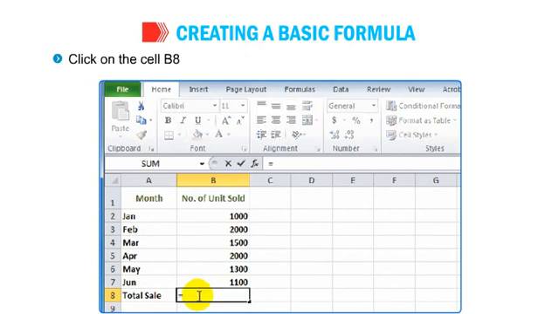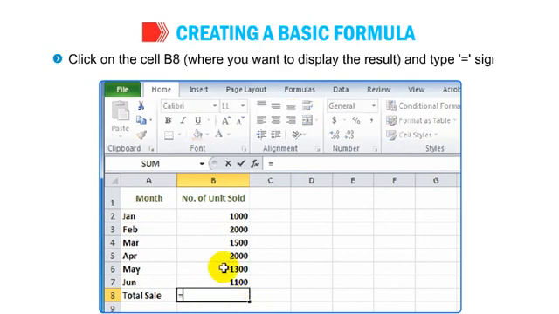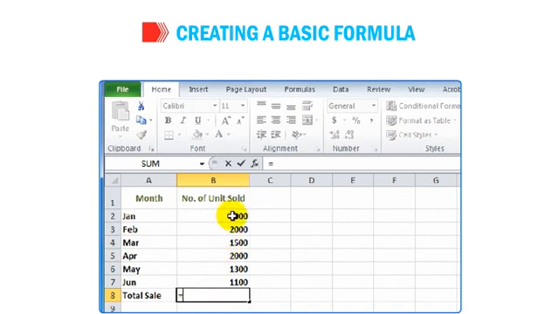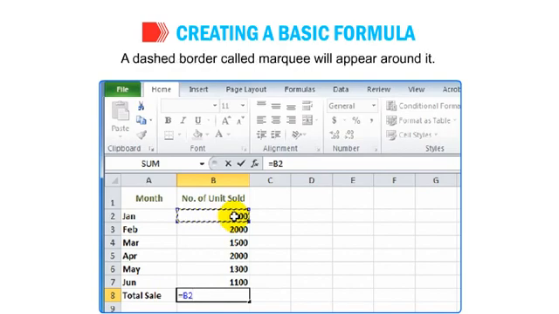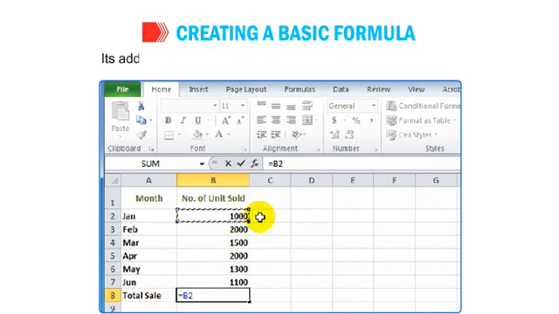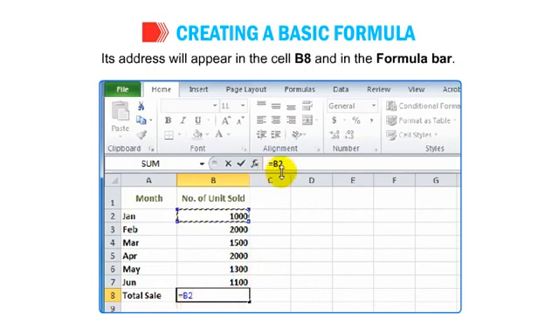Click on the cell B8 where you want to display the result and type the equal to sign. Click on the cell B2. A dashed border called marquee will appear around it. Its address will appear in the cell B8 and in the formula bar.